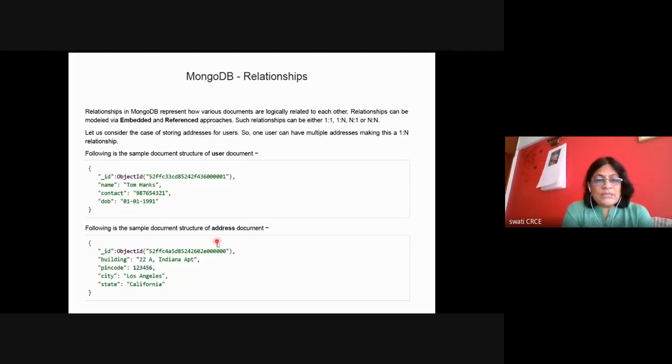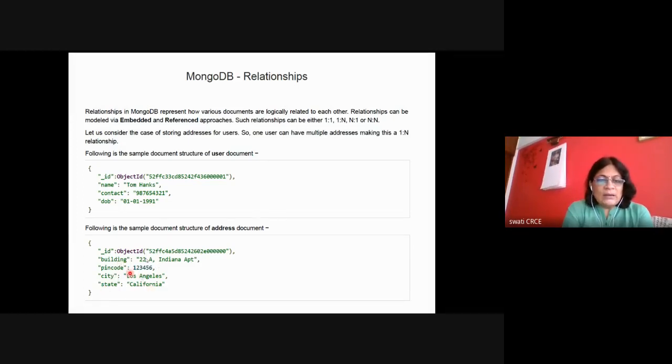Now suppose you have an address document to represent the address of a user. This address also has some ID, and the address document has a group of key values like the name of the building, pin code, city (Los Angeles), and state.